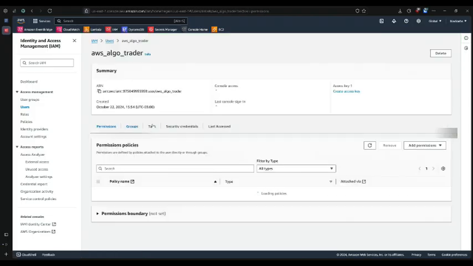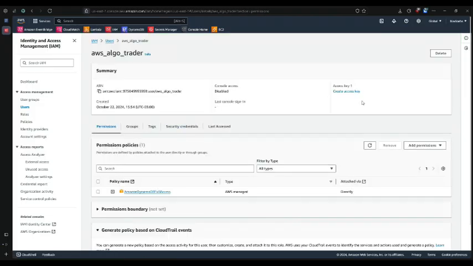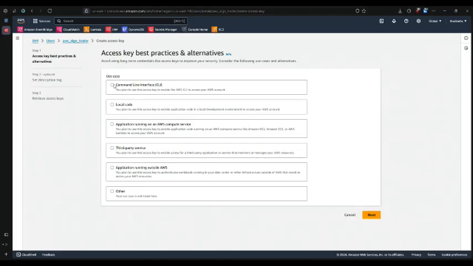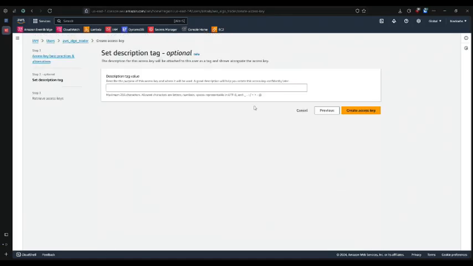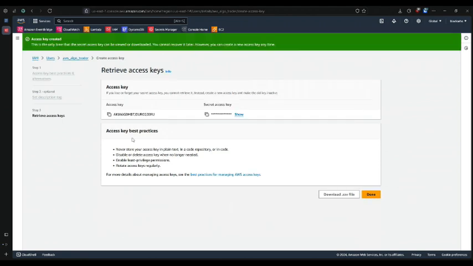So we click on our user that was just created, and you can see in this corner we have create access key. We're going to click that, and we're going to use the command line interface. We're going to say I understand, and then we're going to click next. Create access key. Now we have our access key and our secret key. You want to make sure you save these credentials, download them, and then once that's done, you're going to click